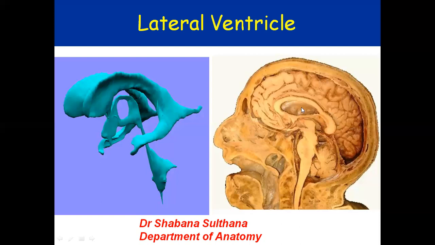ventricle. Okay, so this lateral ventricle is related to three, actually almost four, lobes of the cerebrum: the frontal lobe, occipital lobe, temporal lobe, and the central part is related to the parietal lobe. We will see the details as we proceed because this picture is very good. I just wanted you to know what you are seeing in the brain inside the cranial cavity.